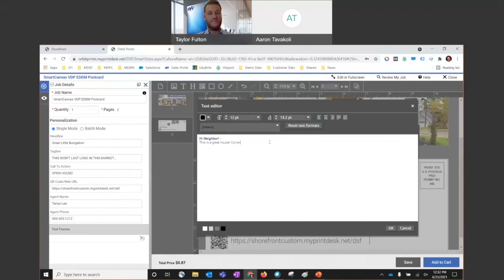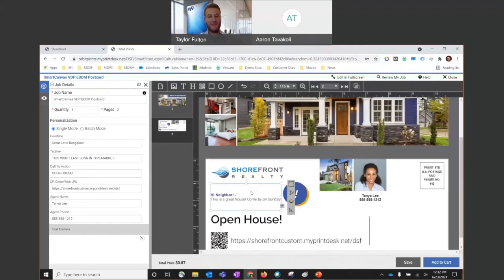House come by on Sunday. Okay. And now this text gets inputted just like it would normally. So again, just a little shortcut for buyers to be able to edit text frames without going onto the canvas